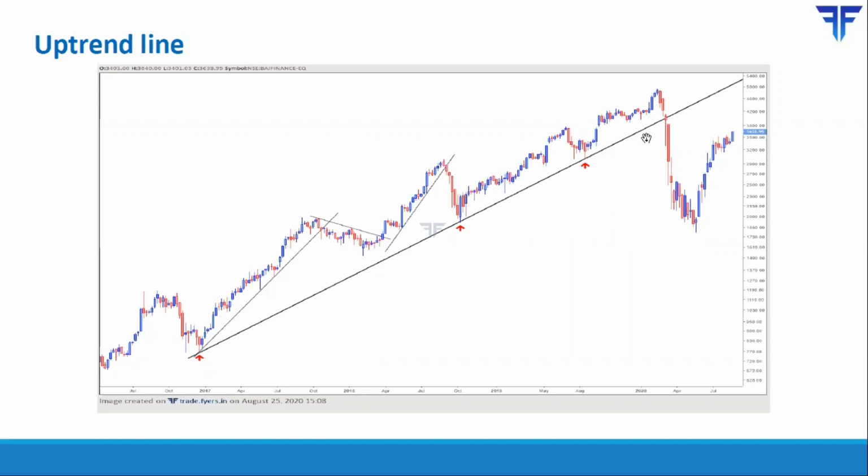Now, within this larger trend line, you could draw smaller trend lines as well. These small trend lines that you see are nothing but internal trend lines. They are called internal trend lines because they are forming within the confines of the main trend line. The thick bold line is the main trend line, and each of these three trend lines formed when the main trend line was intact. As such, they are called internal trend lines.